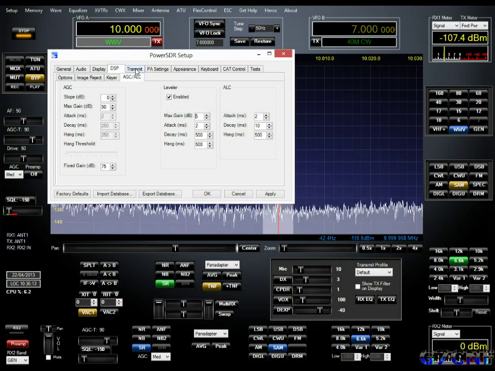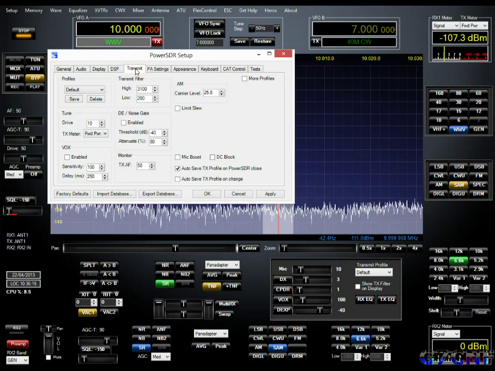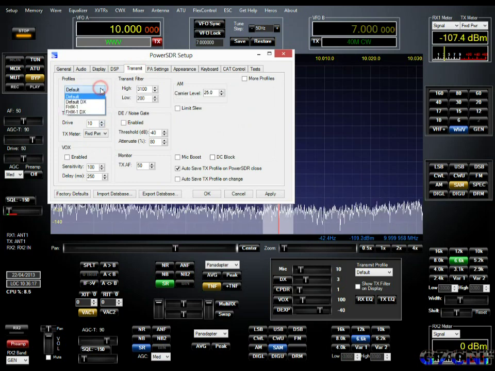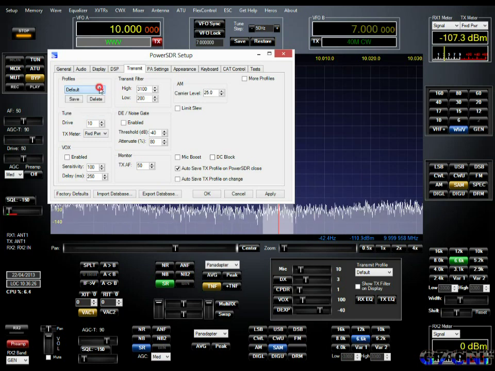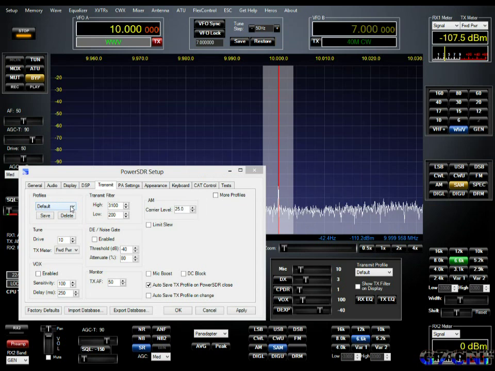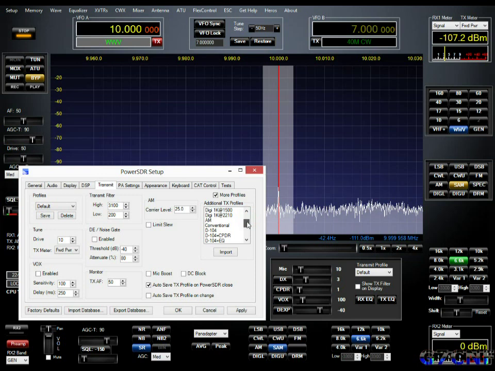Which neatly takes us into the transmit tab, and here we have a list of profiles. Not a big list, I may hasten to add, but you can load and save and delete profiles to your heart's content. On the subject of the TX profiles, Flex Radio are not stingy, and if you check this little box over here on the right hand side, it will give you a list of already tested and set up